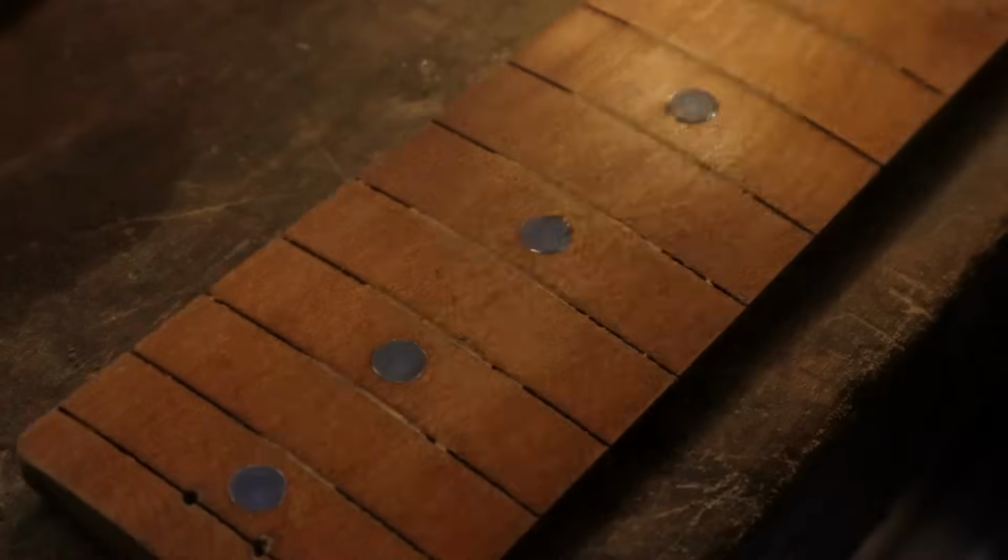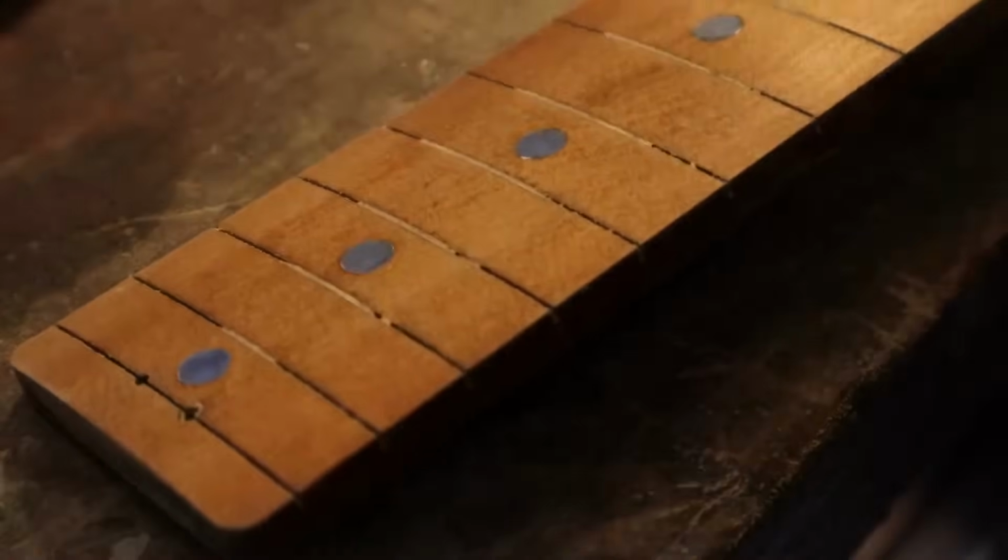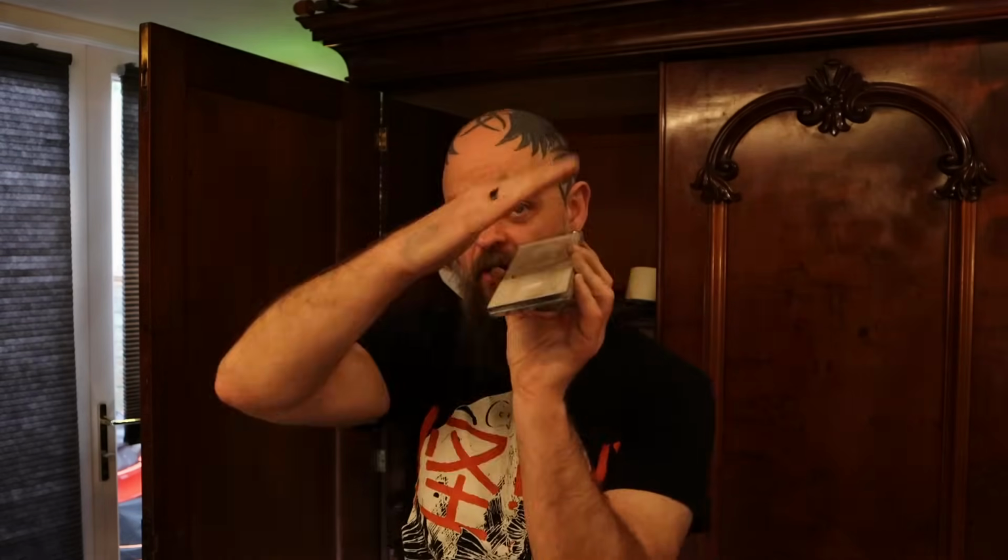Now it just needs polishing up. Now, I'm a huge fan of the Shapton sharpening stones. They're essentially a diamond impregnated ceramic. This is not really fair on the stones, because using them is going to create a dish. I'll have to flatten them, but it is by far the most efficient way of getting a polish on these